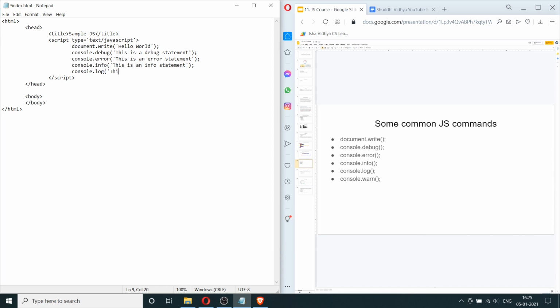Console.log. This is a log statement. Console.warn. This is a warning statement. So I'm going to save this, and now let's go to our browser again and see what that looks like.